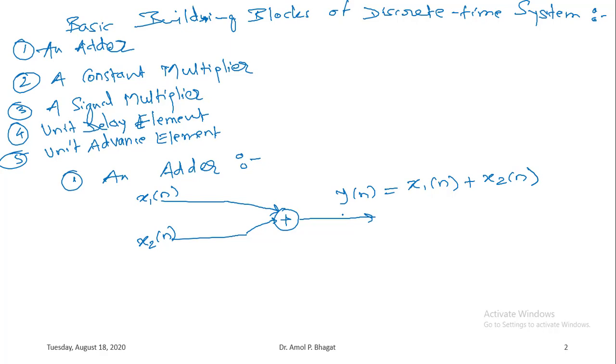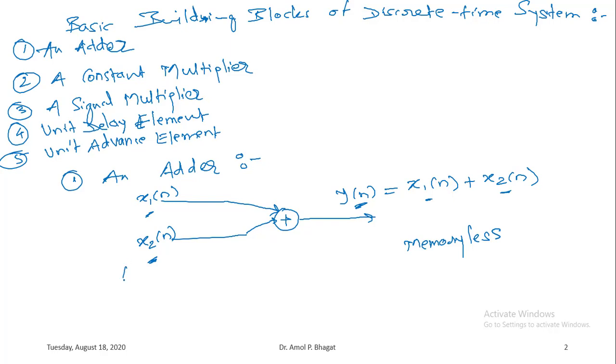So these are discrete time signals. Whatever current inputs you are applying to the system, the output depends on those current input samples. In its input output equation, it doesn't utilize previous inputs or future input samples. The output y of n depends on the current input sample. Therefore, to perform this addition operation, a memory element is not required. So this operation is memoryless, and the adder doesn't require any memory.